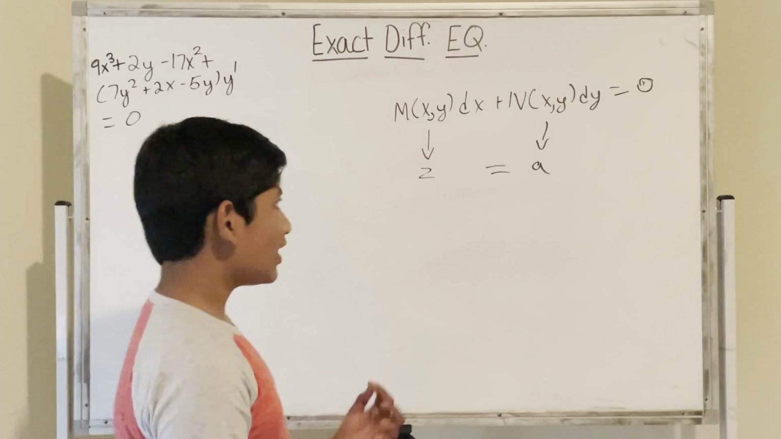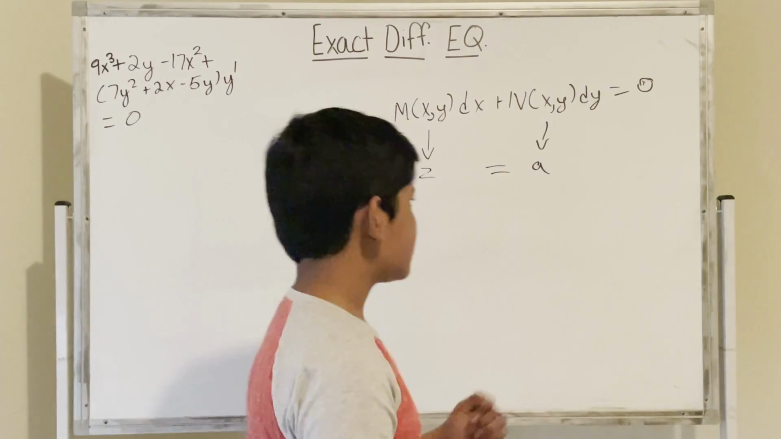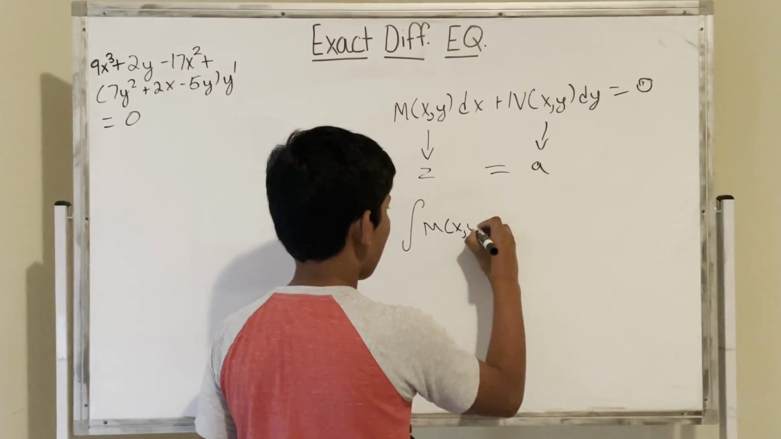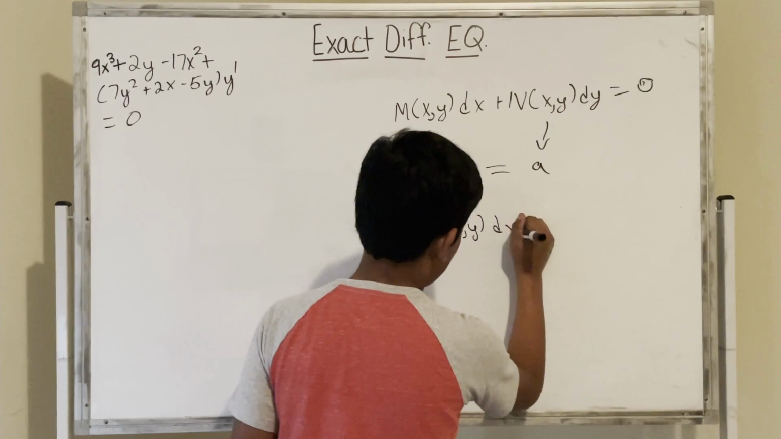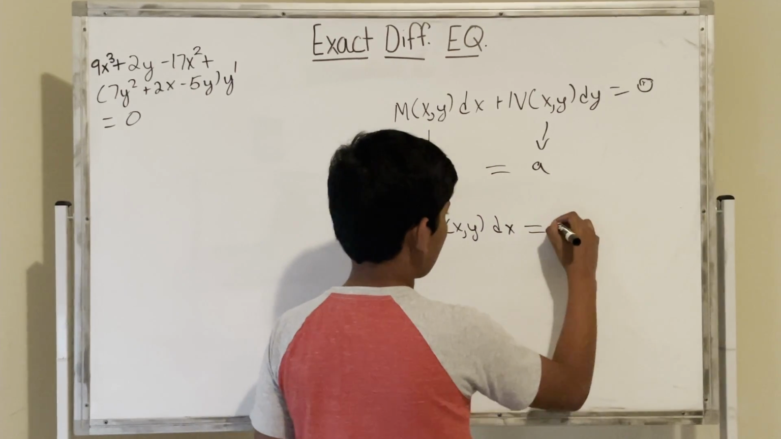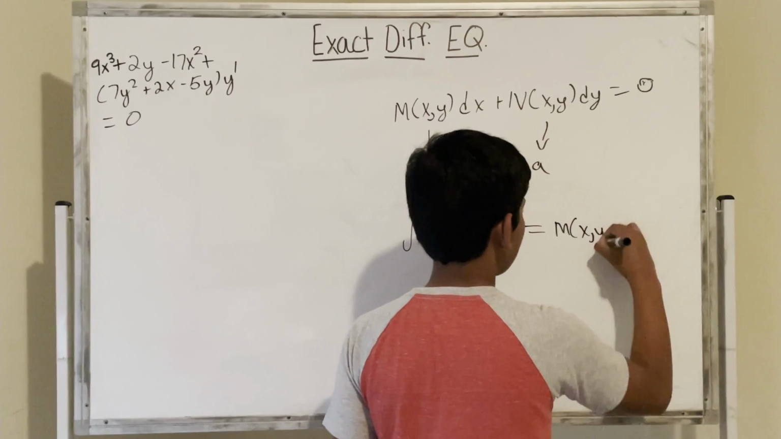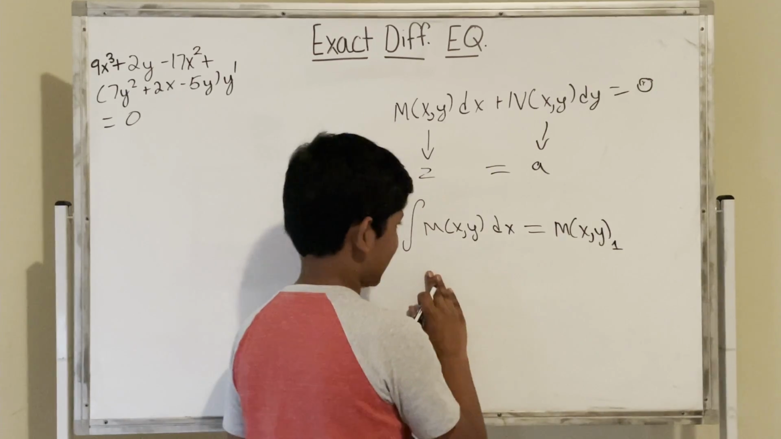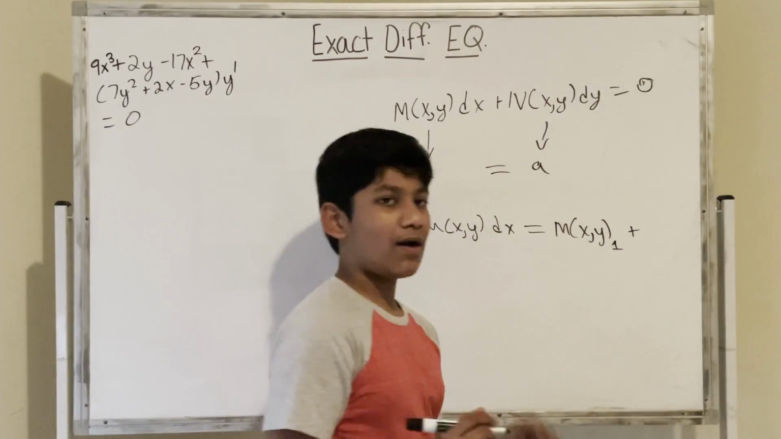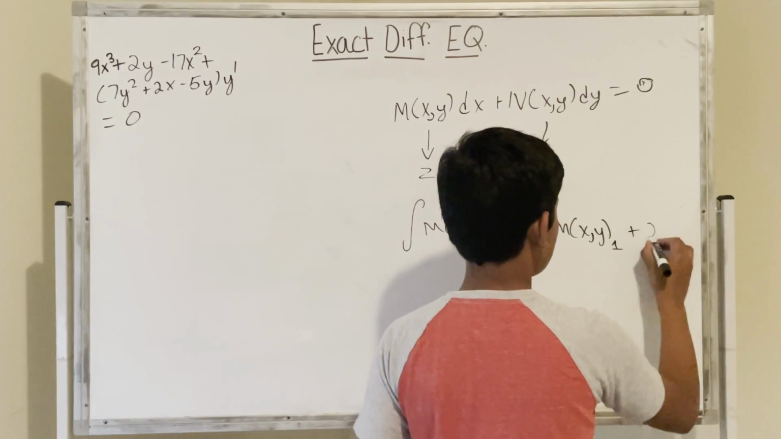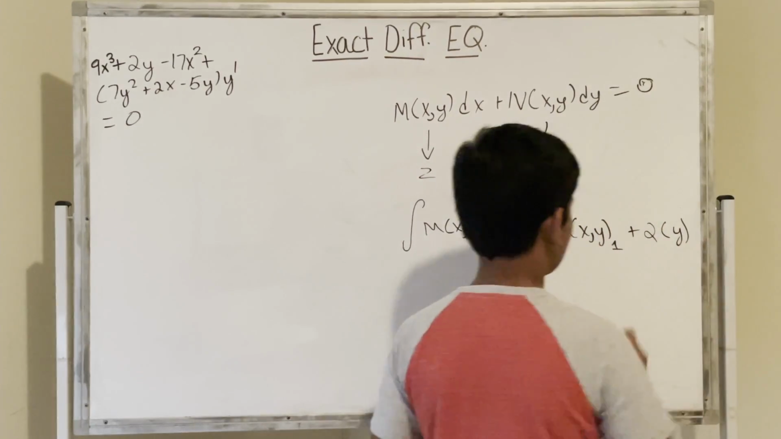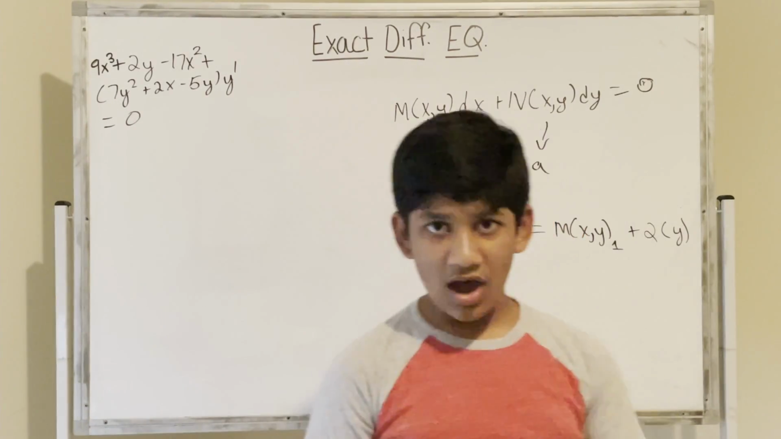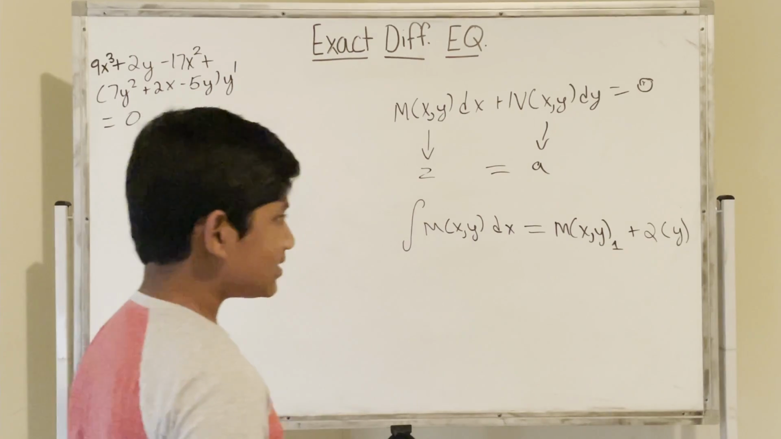So now let's actually look at the algorithm for solving this. To solve it, we first take the integral of M of x comma y with respect to x. Then we're going to get M of x comma y, and we're going to sub it with 1 just to denote that we have taken the integral. Then instead of adding a plus c, we're going to be adding phi of y. So now that we have added this phi, which is spelled P-H-I, not F-I-V-E,